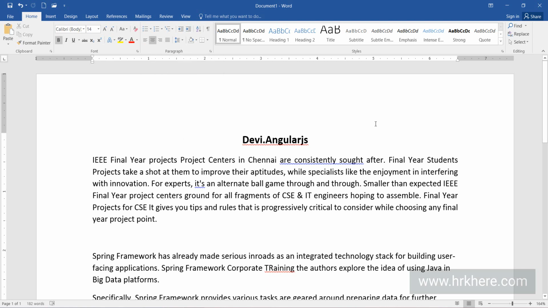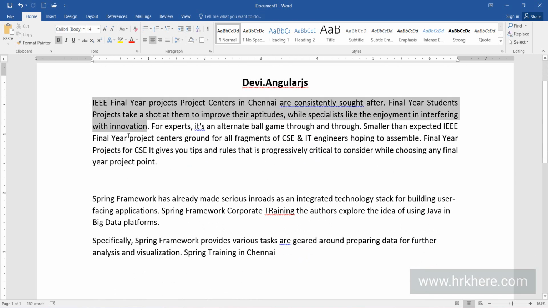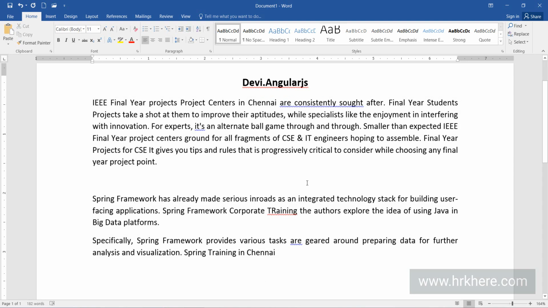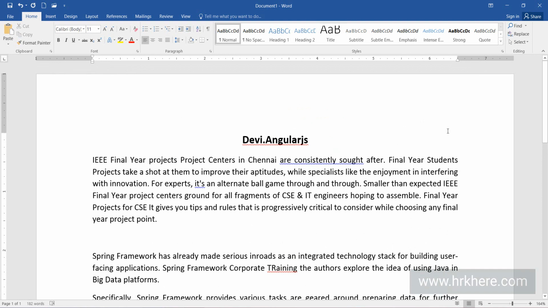Remember, whenever you want to make changes for a single paragraph, all you have to do is place the cursor somewhere inside the paragraph and click on one of these options. But whenever you want to make the change for the whole document, we have to select the document from start to end by clicking and dragging. Now you can click on one of these options to apply the alignment. I'll go with justify, and now it looks much better, right? So this is how you can make use of the